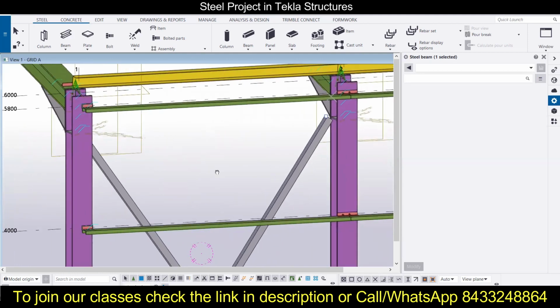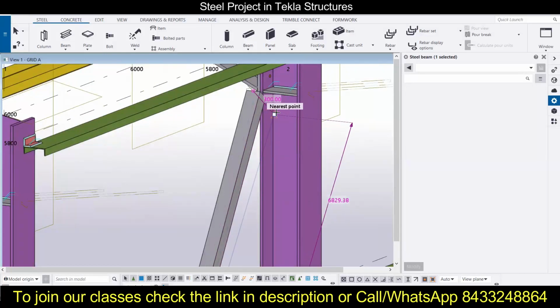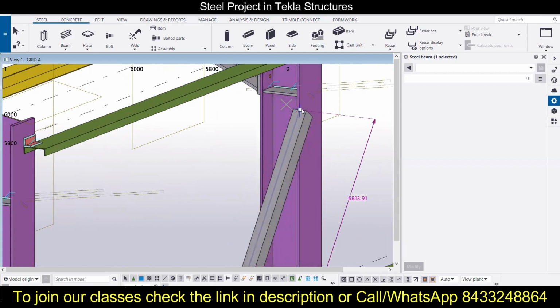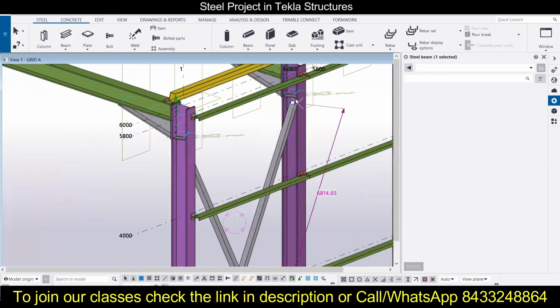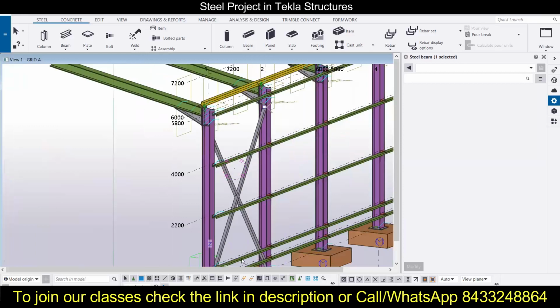So you can see this has not been placed properly. So I'm just going to place it. Yeah, now it's perfect on this side.